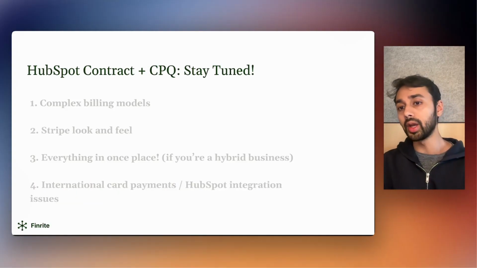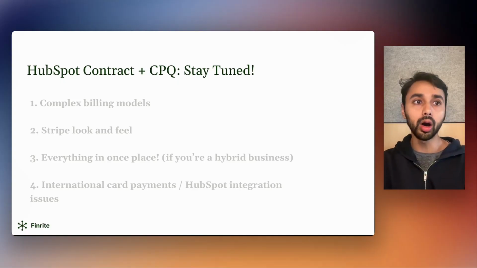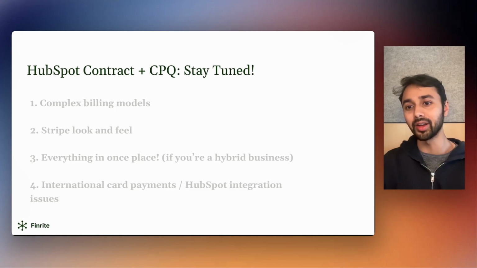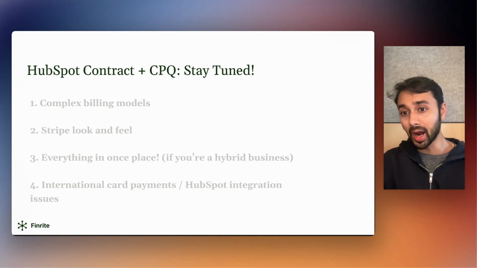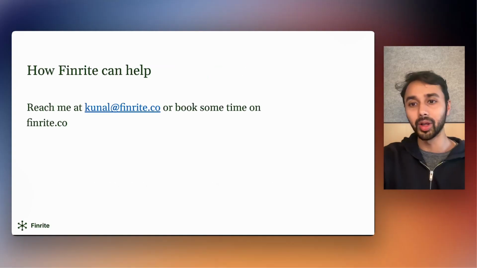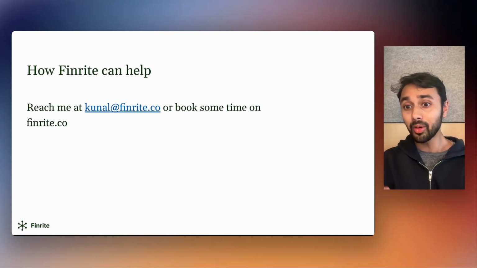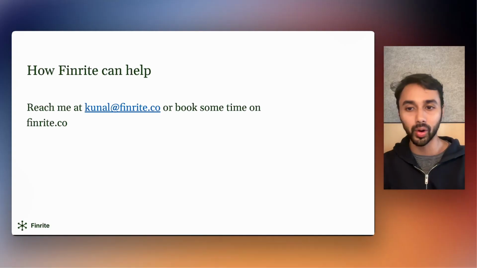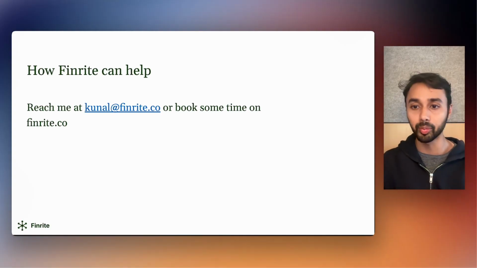One thing to quickly point out, HubSpot is working on more complex billing models. Specifically, they've made announcements for HubSpot Contract and CPQ functionality, so it's worth keeping an eye on if this information is still up to date within 6 months. But for now, Stripe still remains the best billing option if you have more complicated billing models. Now that we've gotten that out of the way, we hope we've cleared some confusion for you on whether or not you should be using Stripe billing or HubSpot billing.